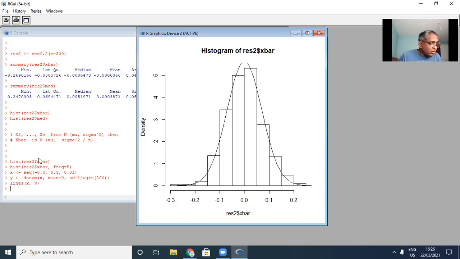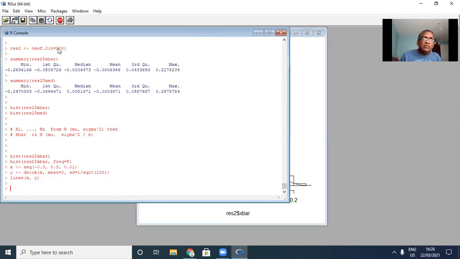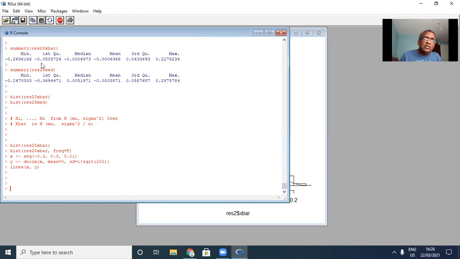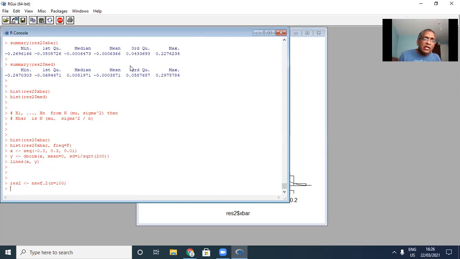Okay. You can repeat this exercise for other values of n. For example, if you want to repeat this for 100, let me show you how to do it. You take n to be 100, right? And then you do a histogram of this,